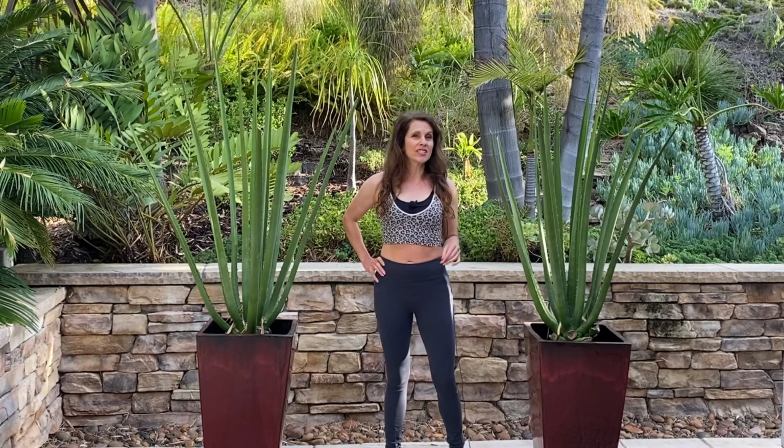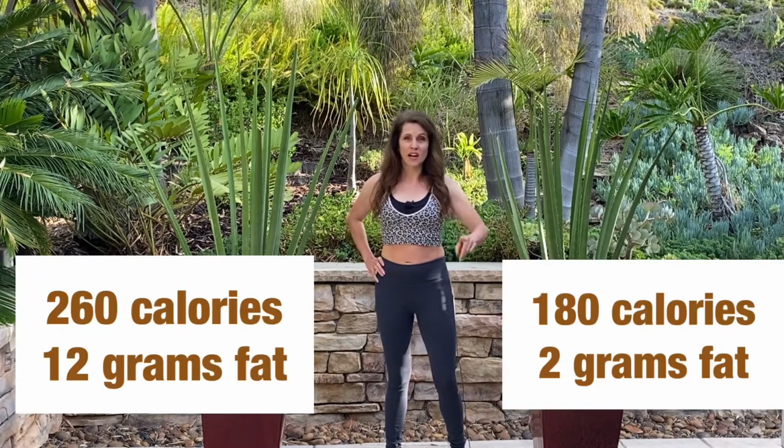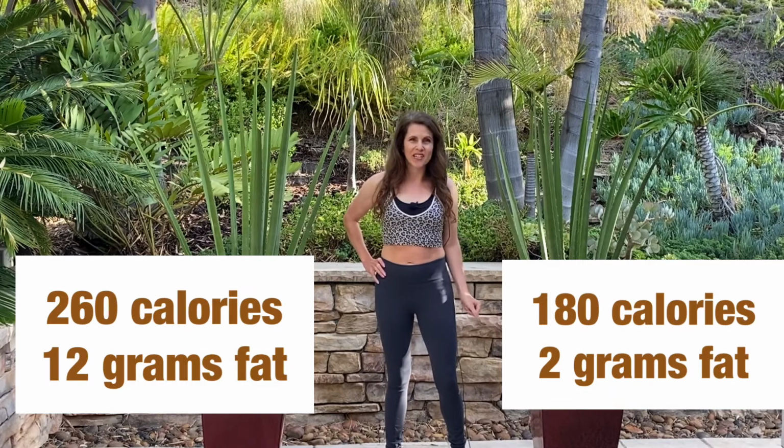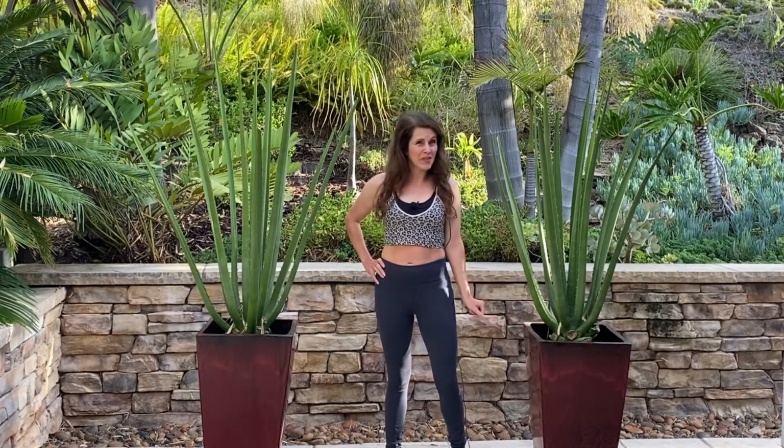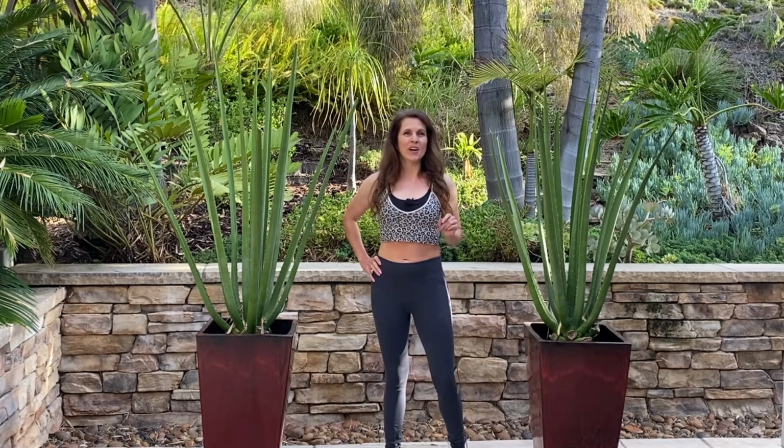The tortilla chips we make contain no oil, 2.4 ounces, so you get more chips, is 180 calories and only 2 grams of fat. I'll be making a video on how to saute without oil,